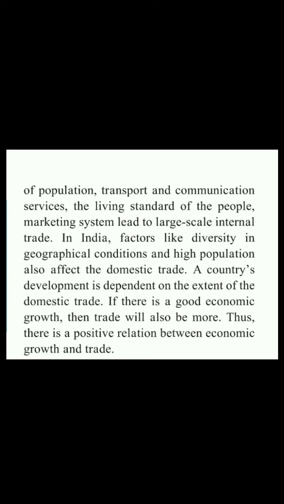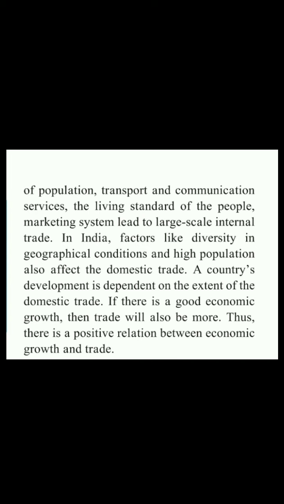So large scale people are there, and the more the population, the more the market availability. So internal trade will be on a large scale in a country because the population is very large. Also the transport and communication system is very well developed in our country. The standard of living of the people is improving. It is quite high in some regions. In some regions it might be low, but on an average we can say the standard of living of India